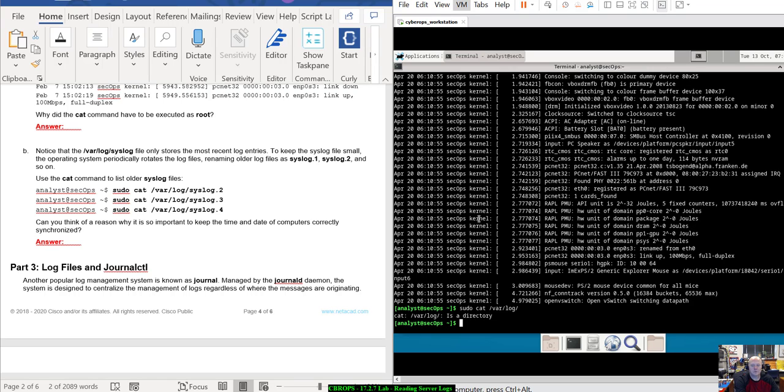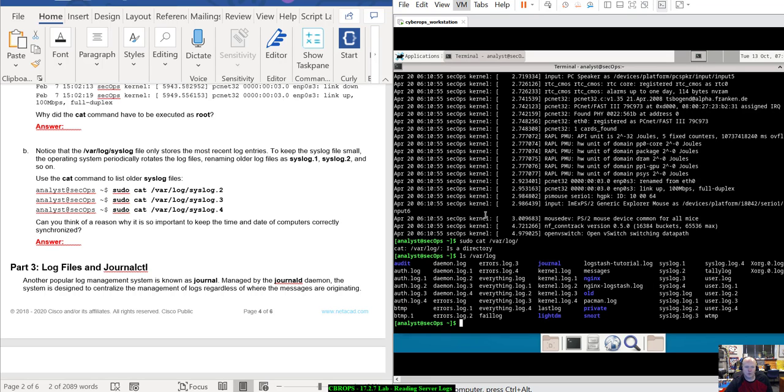Now if I do, oops, I want to do /var/log. Alright, there's all my log files. So syslog, notice I have a syslog.1, 2, 3, 4, user logs, all sorts of good things. Alright, so if I do a sudo cat,